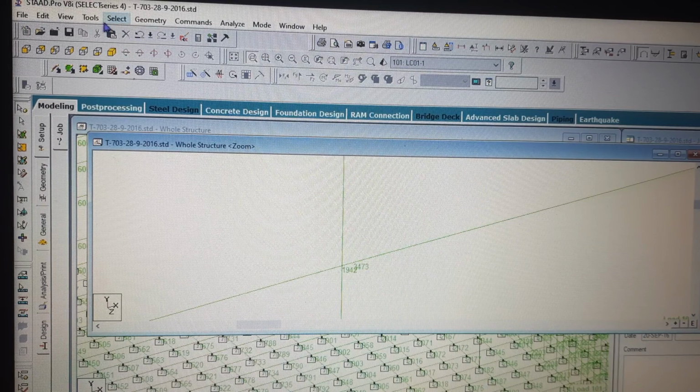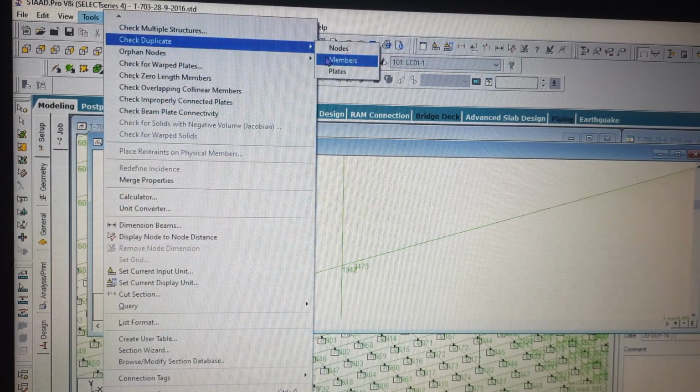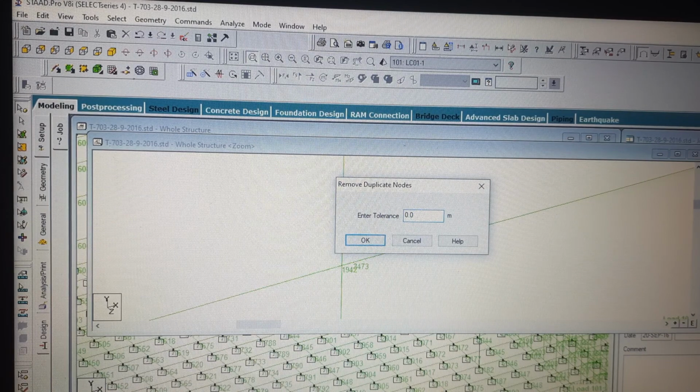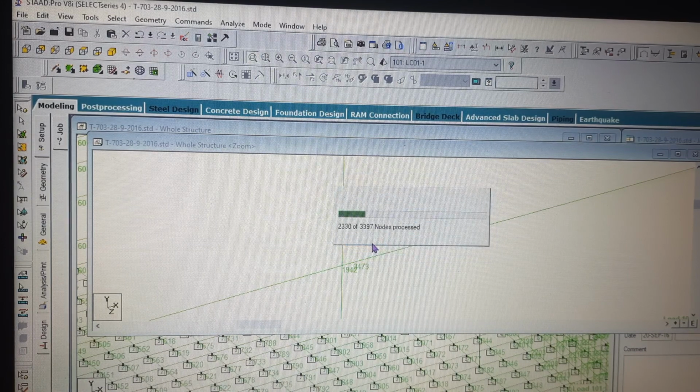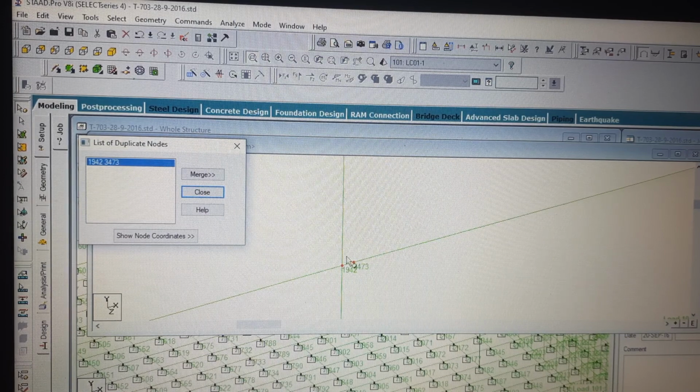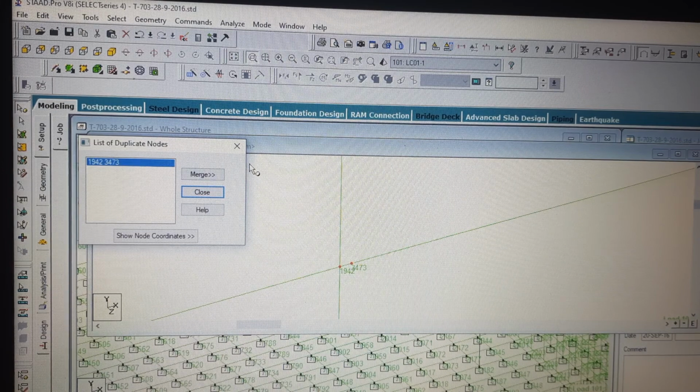Now if you go to the tool button and check duplicate nodes, you have to specify a range within which the duplication can be checked. So I am specifying 0.1 meter. Now you see these two nodes are highlighted. This functionality is there to check whether 1473 and 1942 have the same coordinates or not, but STAAD has enhanced it, so it can also check within a specified range.